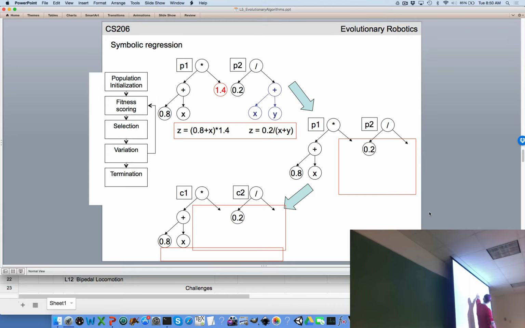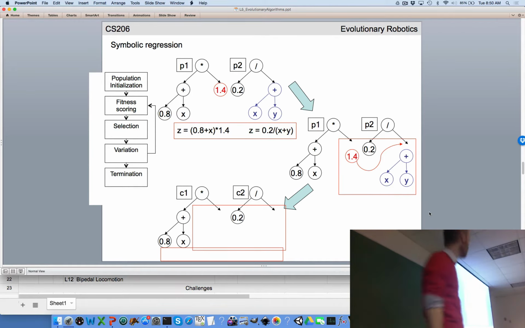Doesn't have to be the subtree that's in the same position in both trees. I could have picked this node, doesn't matter. I picked these two subtrees. I pull them off the parents and just swap them. I take the subtree from this one, put it here,